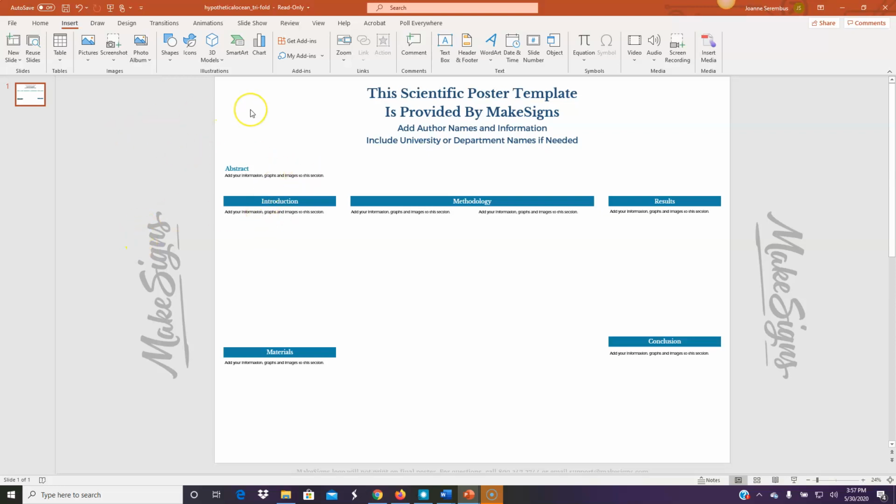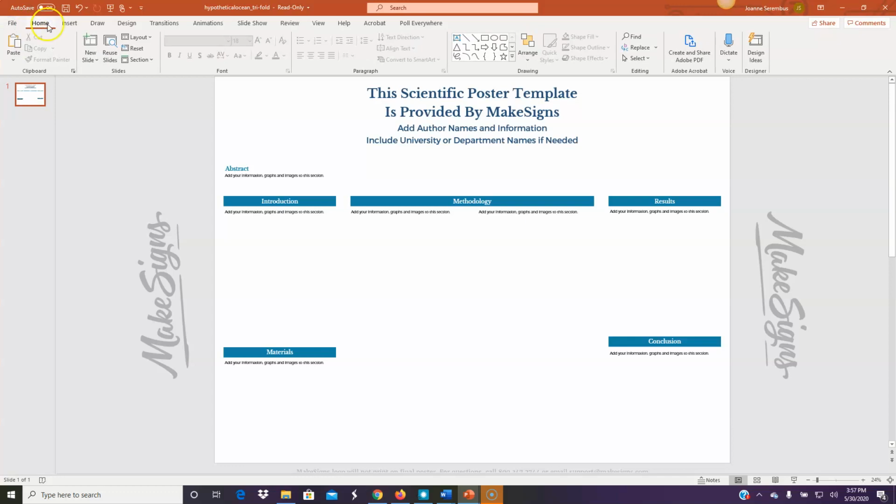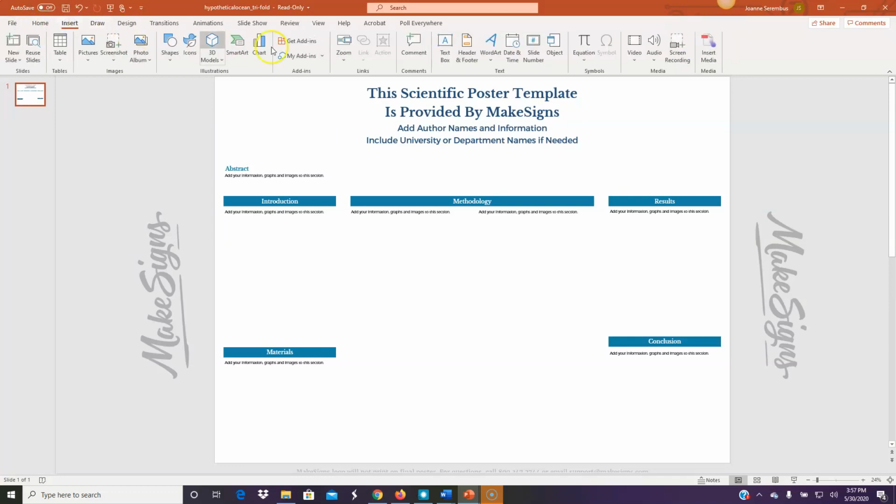I've taken a template from makesigns.com, and when you go to the top, usually you're at the home site. But now what I'd like you to do is go to Insert, come over to Audio